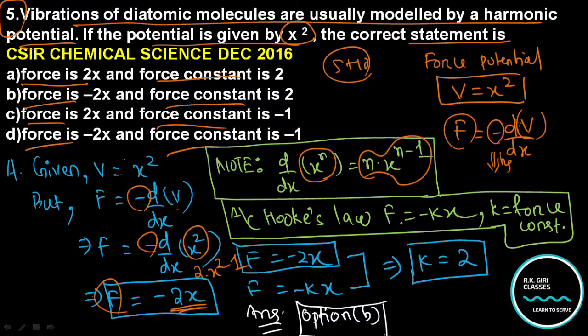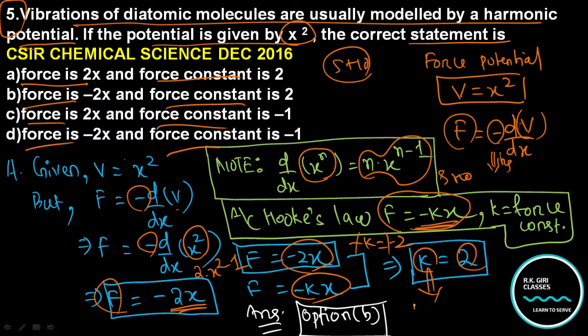According to Hooke's law, from the simple harmonic oscillator, f is equal to minus kx. This type of question only comes once, and they will not repeat these questions. Just remember these concepts, that's it. That is f is equal to minus 2x compared with f is equal to minus kx. That is minus k is equal to minus 2, which implies that k is equal to 2. Negative cancels. K is equal to 2. This is known as the force constant.